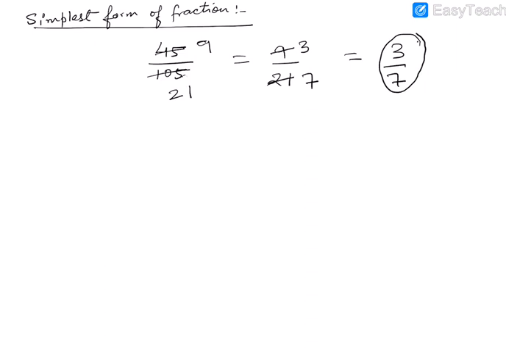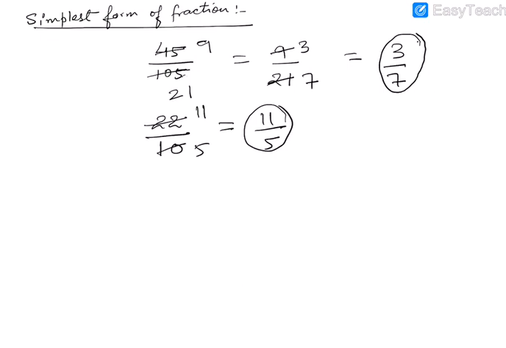One more example I am giving you. Suppose I am writing here 22 upon 10. Please tell me whether both numbers are divisible by any same number. Yes, of course, both numerator and denominator are divisible by the same number 2. 2 11s are 22, 2 5s are 10. Now you can say 11 upon 5. Are the numerator and denominator both divisible by the same number? No, they are not. 11 is divisible by 11 and 5 is divisible by 5. So we can say that it is in simplest form.